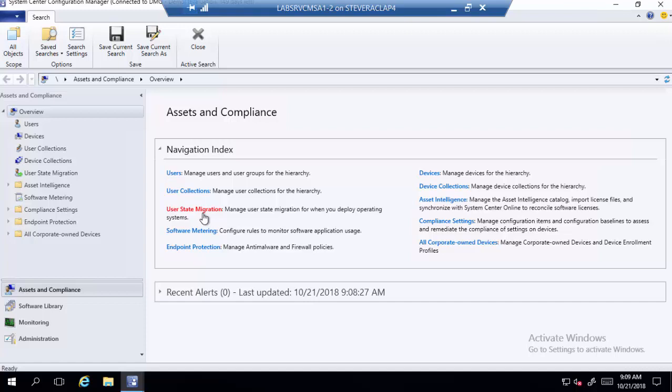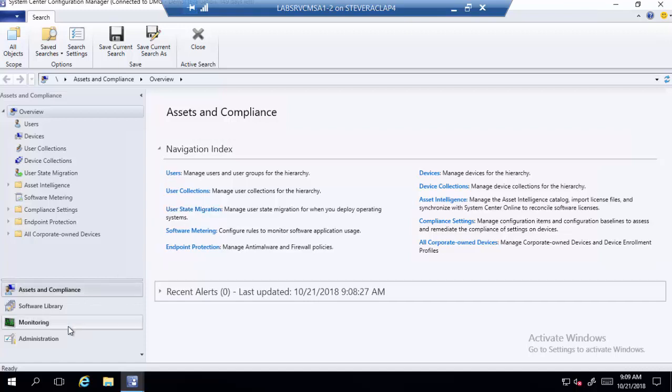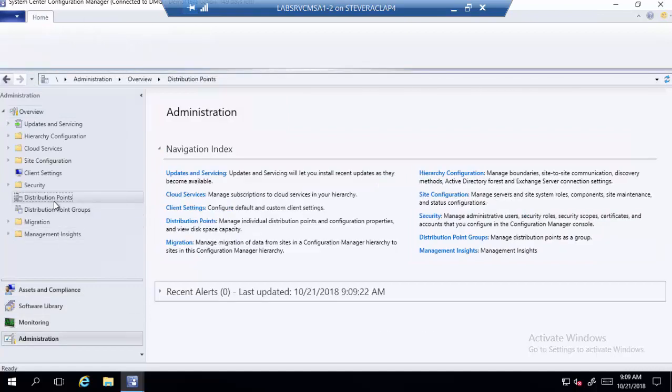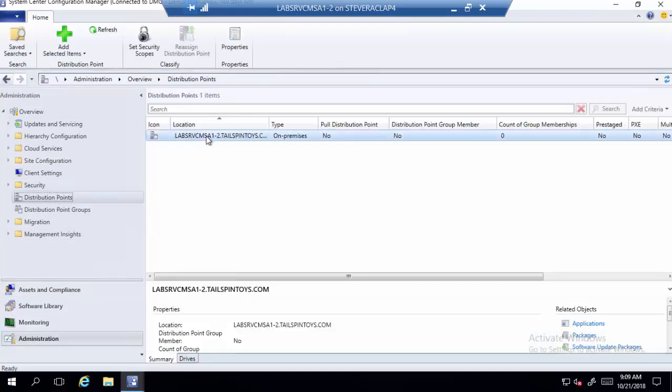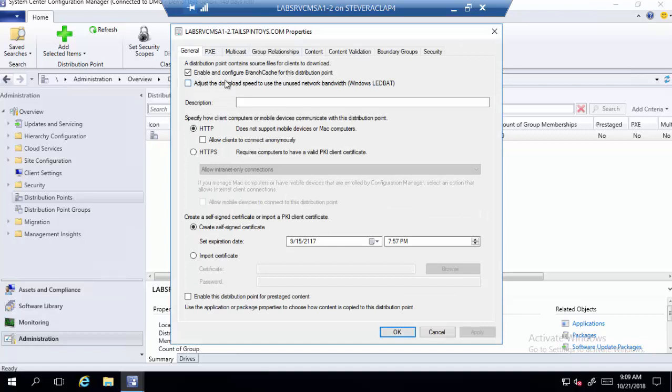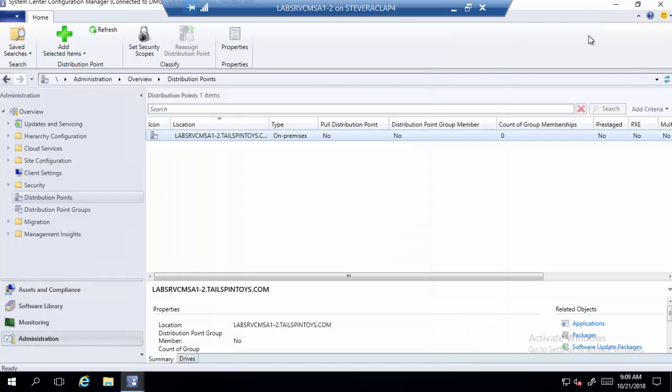So how do we go about enabling BranchCache? Again, 2 places we have to go. First is on our distribution point, or points. In my case, I have 1, and it's a simple checkbox. So if I go to Properties on my distribution point, then you'll see enable and configure BranchCache for this distribution point. That's all you have to do. And once you do that, then you can easily go and verify that BranchCache has been turned on in Server Manager. So if I open Server Manager here, now that I've seen that that is turned on,